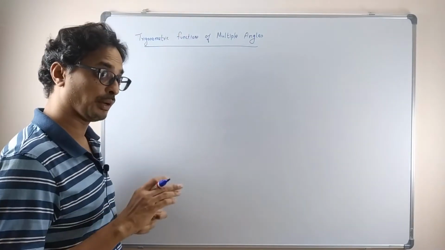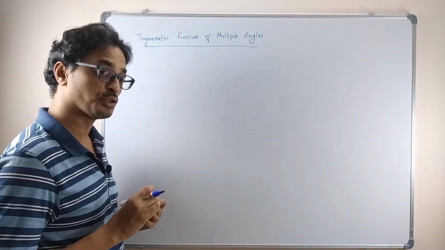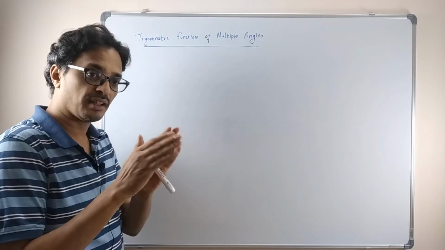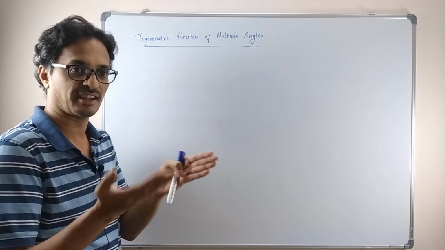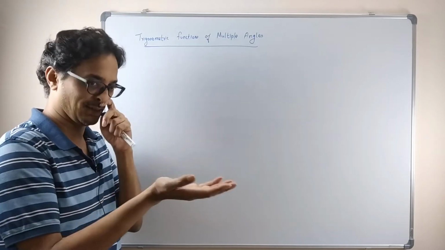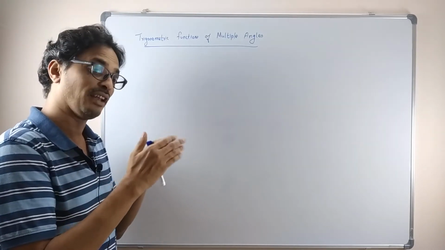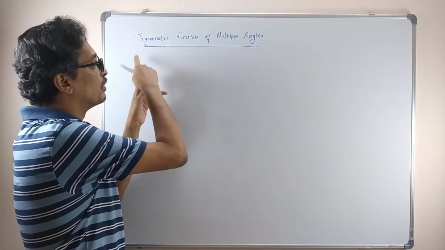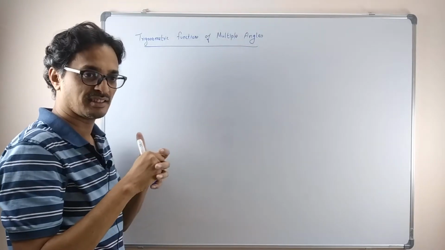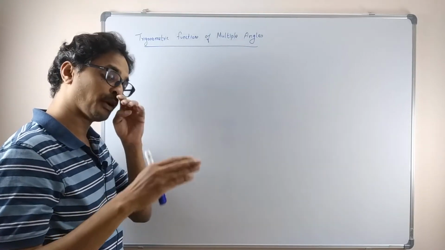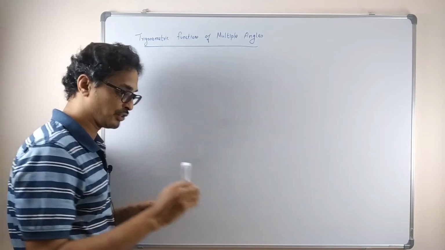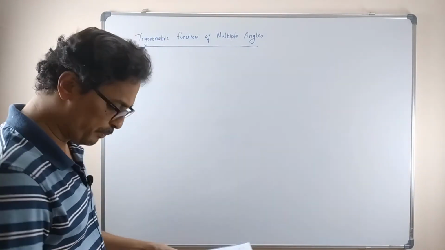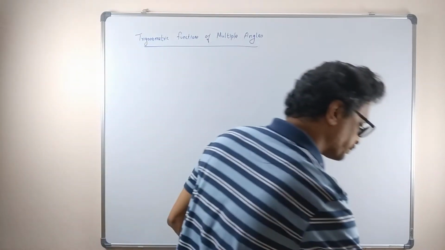Actually, by using that, you can find out the trigonometric ratios of angles beyond your standard angles. You got it? The standard angles we have are 0, 45 degree, 60 degree, 90 degree. So we can even go beyond that using this. If you are able to get the trigonometric functions of multiple angles, you can find out the trigonometric ratios of angles beyond your standard angles. Okay, so let us see one by one.